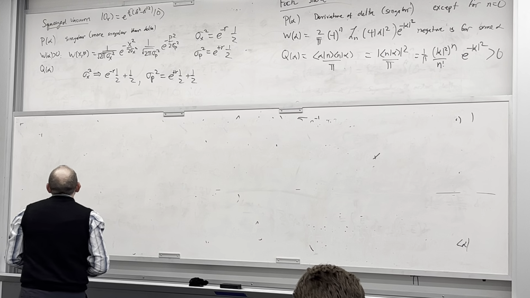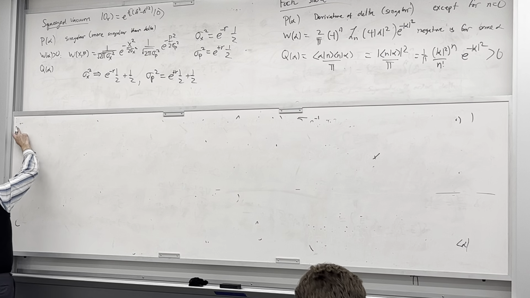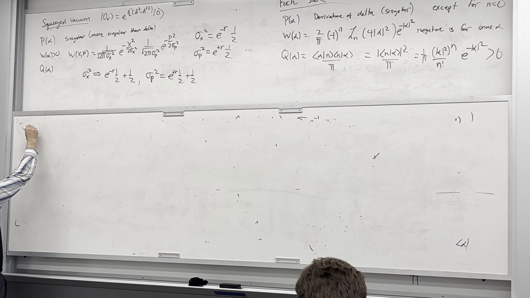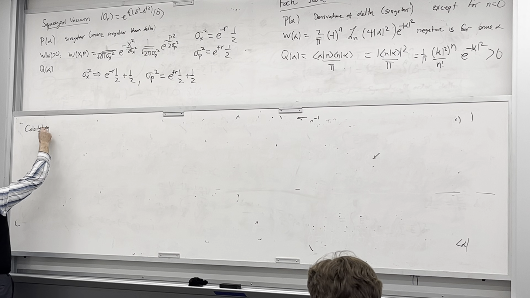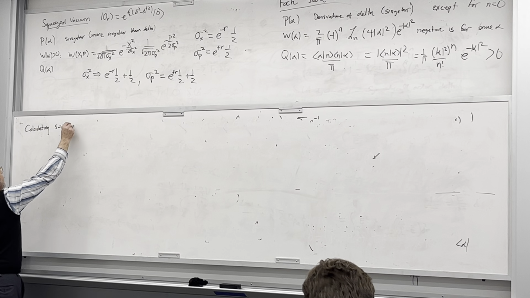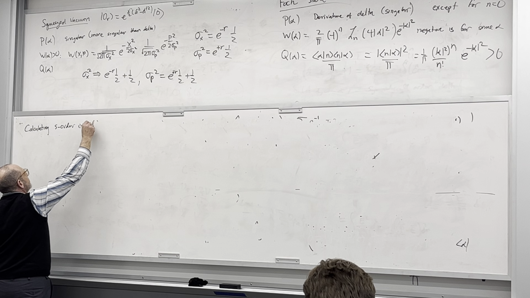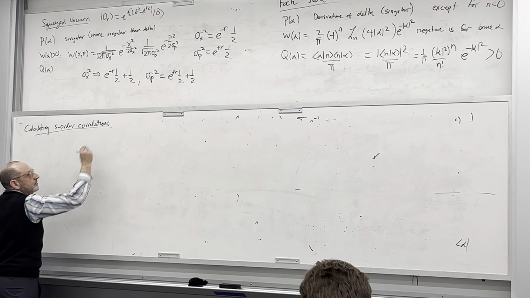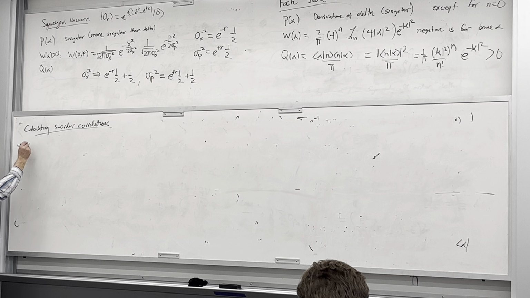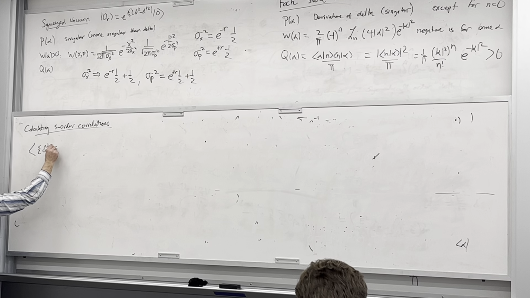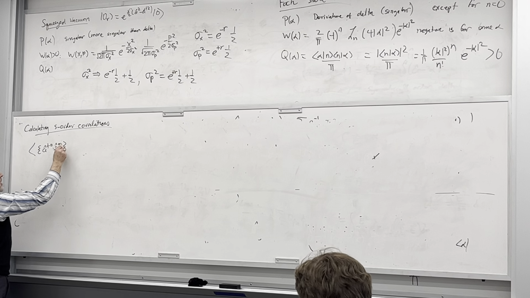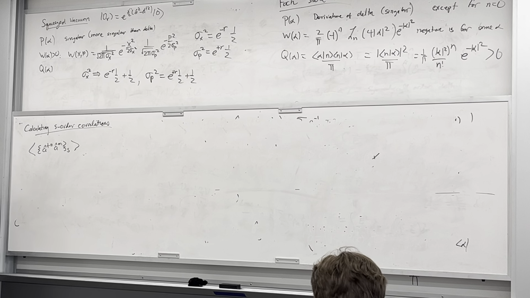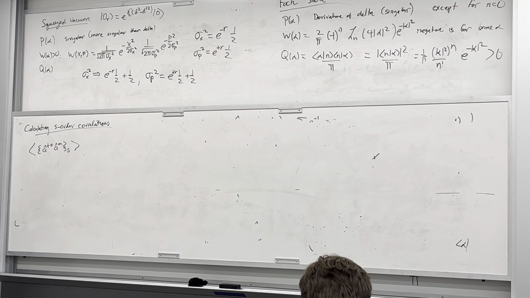So one thing is calculating S-ordered correlation functions. Suppose I wanted to find the expectation value of some a dagger to the n, a to the m, with some S ordering. Well, according to what we just said,